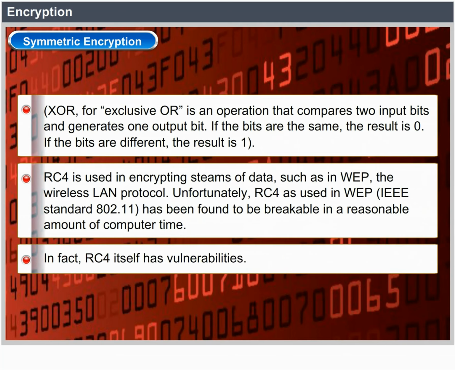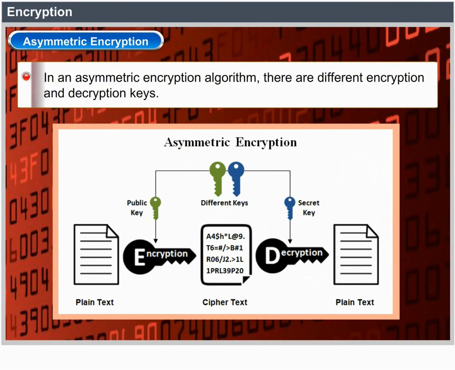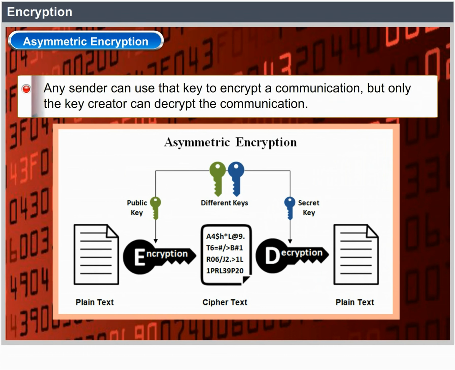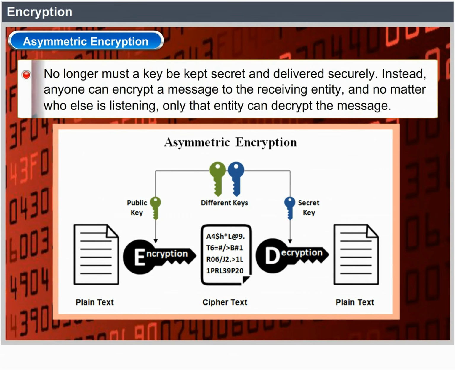Asymmetric encryption. In an asymmetric encryption algorithm, there are different encryption and decryption keys. An entity preparing to receive encrypted communication creates 2 keys and makes one of them, called the public key, available to anyone who wants it. Any sender can use that key to encrypt a communication, but only the key creator can decrypt the communication. The scheme known as public key encryption was a breakthrough in cryptography. No longer must a key be kept secret and delivered securely. Instead, anyone can encrypt a message to the receiving entity, and no matter who else is listening, only that entity